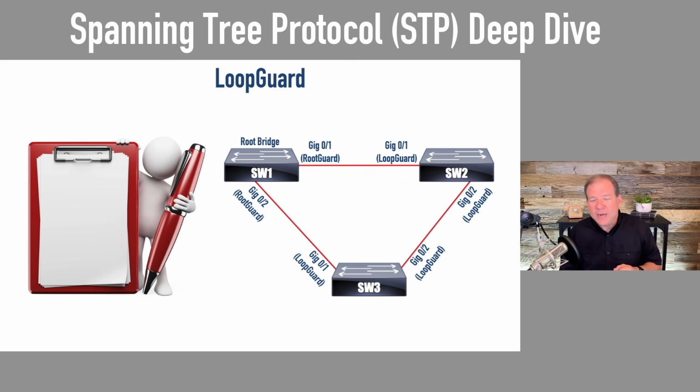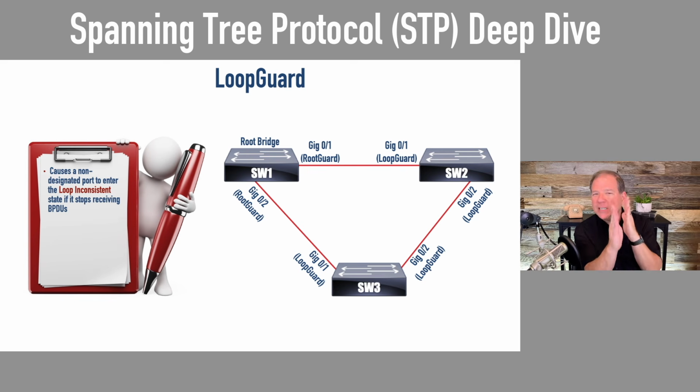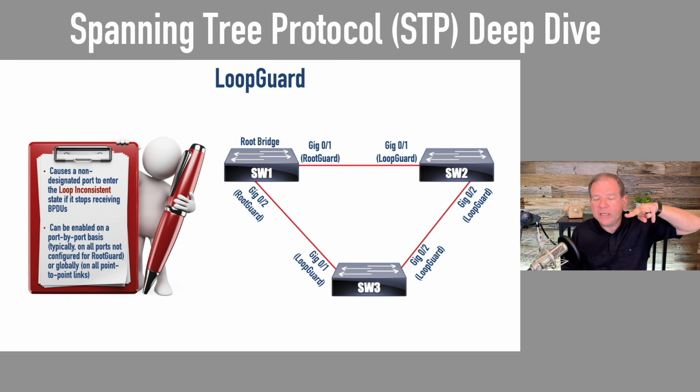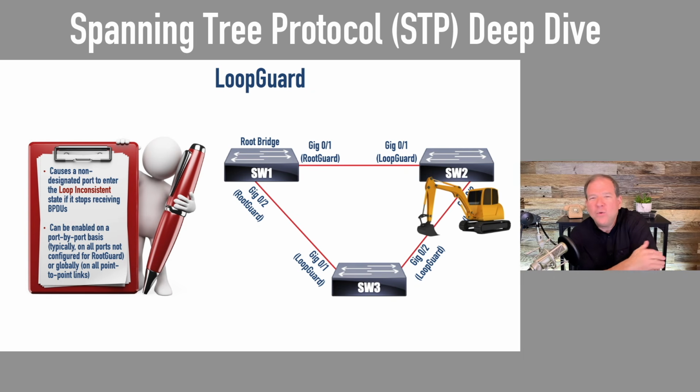But let's say that we did have some sort of damage to maybe a fiber optic cable, and we were transmitting in one direction but not the other direction. Maybe one of our two strands in a fiber optic pair was compromised. For example, when I used to work at the university, we literally called it backhoe fade, because a backhoe would come in, start digging, and invariably it would hit one of our fiber optic cables. Let's say it damaged one of the strands but not the other one. That could result in a situation where, let's say I'm on switch 2,